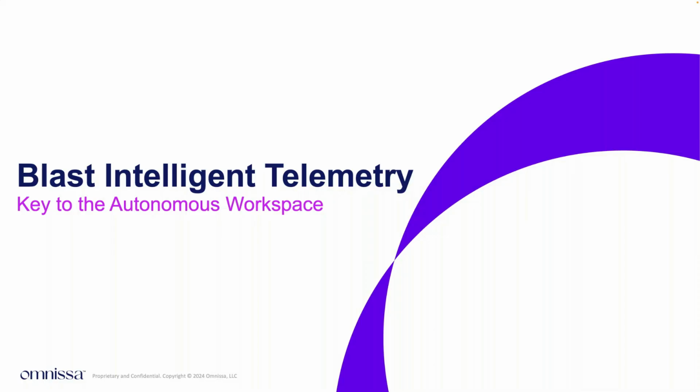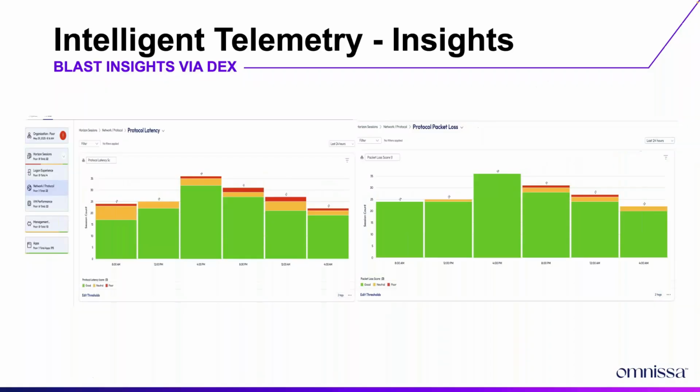And then the last thing is that we've actually invested a lot in our machine learning telemetry services, including BLAST. So this is data that we're collecting inside the agent and from the endpoint that is characterizing your network. If you set up your edge gateway, it goes into our intelligence data lake that all of our customers can go and access if they set that up so that the data is going there. If you don't want the data to go there, you don't have to send it, but you can.